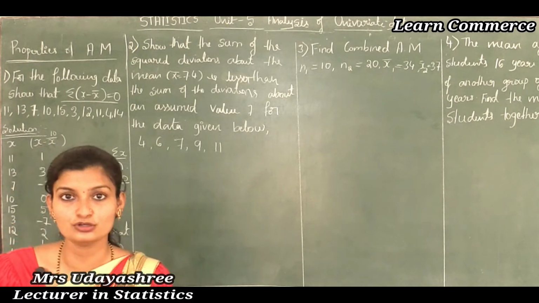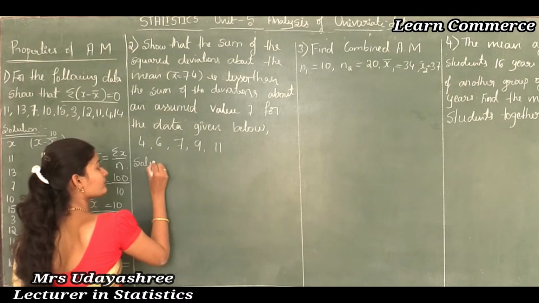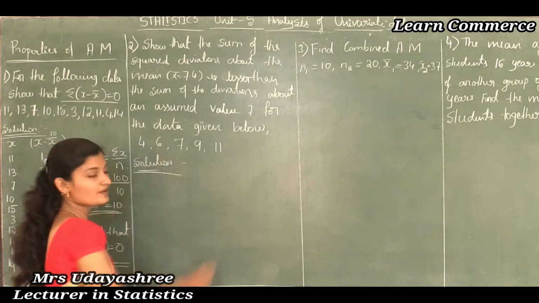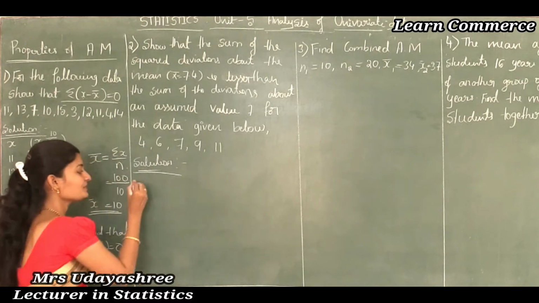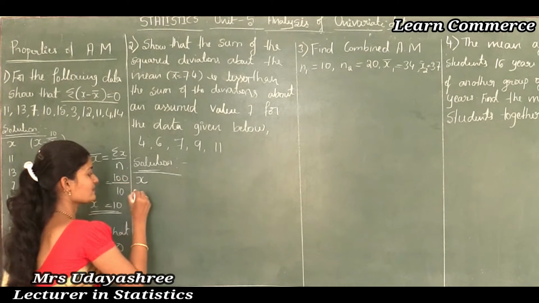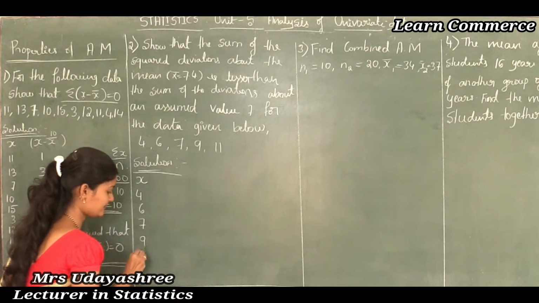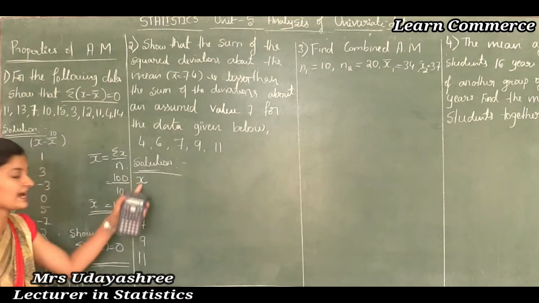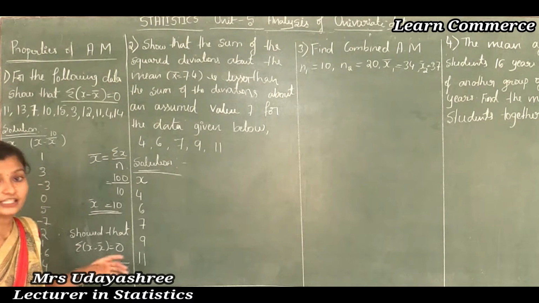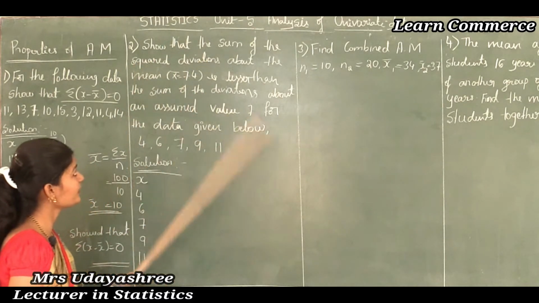So let's see the solution part. Here the set of observations is given, and we know that a set of observations is denoted by x. The given x observations are 4, 6, 7, 9 and 11. These are the given set of observations, and see the question: here we need to show that the sum of the square deviations